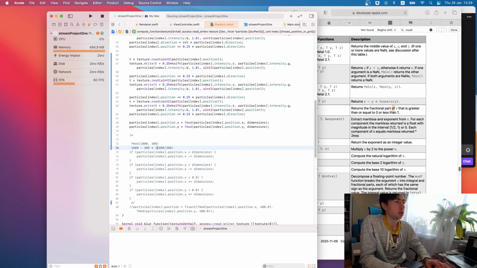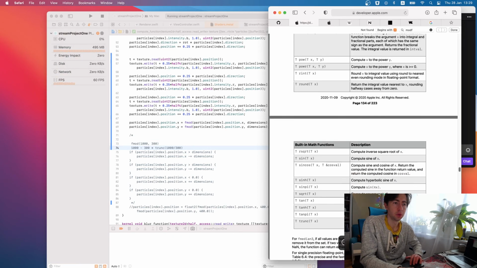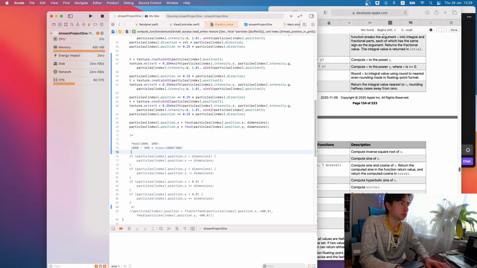Trunc of this will be round to 0. It will be like 3 times 3. Actually, it will be 100. Yes, this is what I'm looking for.